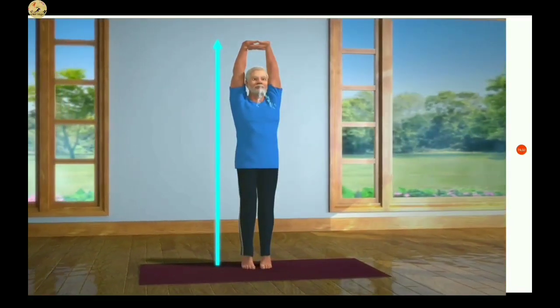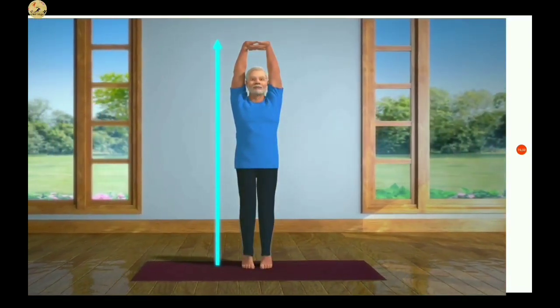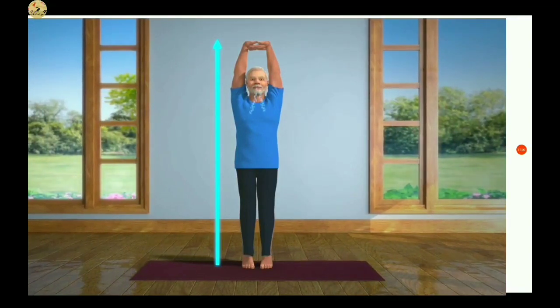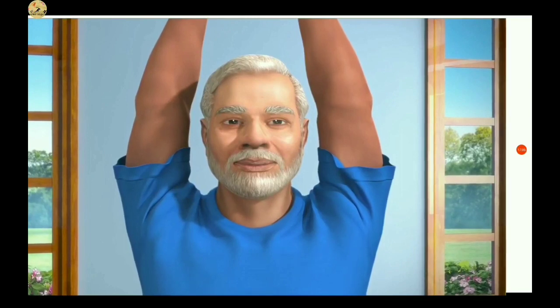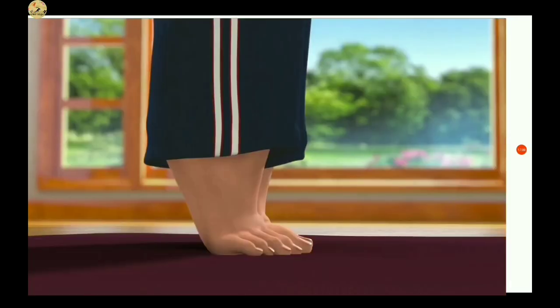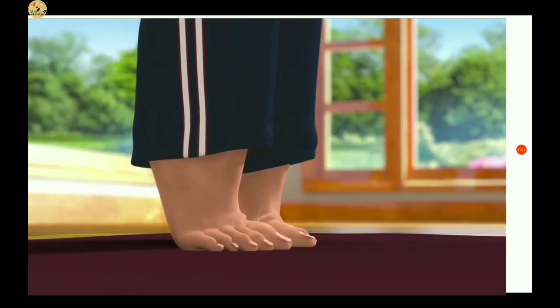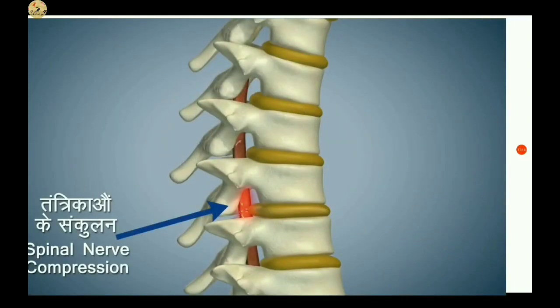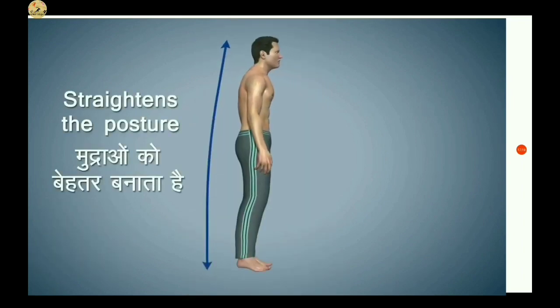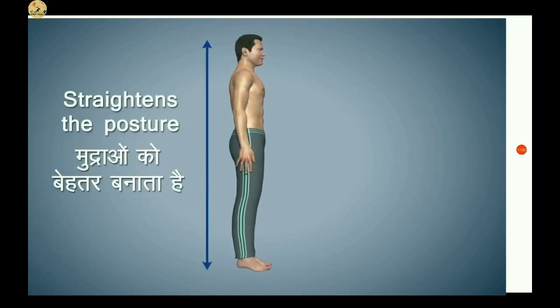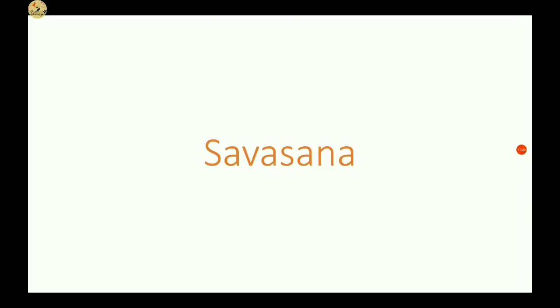Stay still in this posture. Benefits. It might be a little hard to maintain your balance in the beginning. To help achieve this, you can try focusing at a single point in front of your eyes. Doing this asana regularly will help you improve your balance. This asana helps in getting rid of congestion in your spinal nerves. It helps to improve the posture of the body and also strengthen. And the benefits of Tadasana.